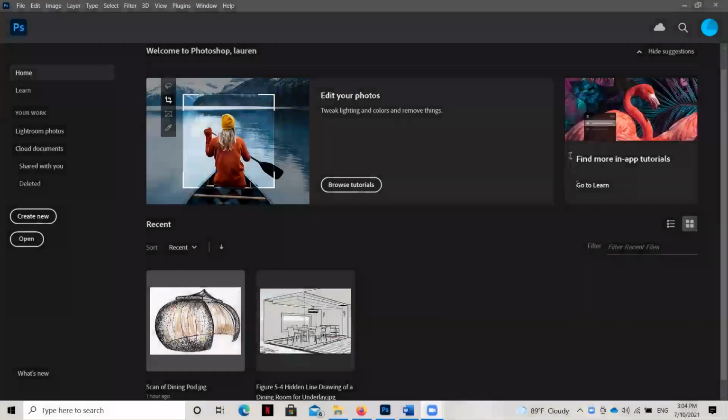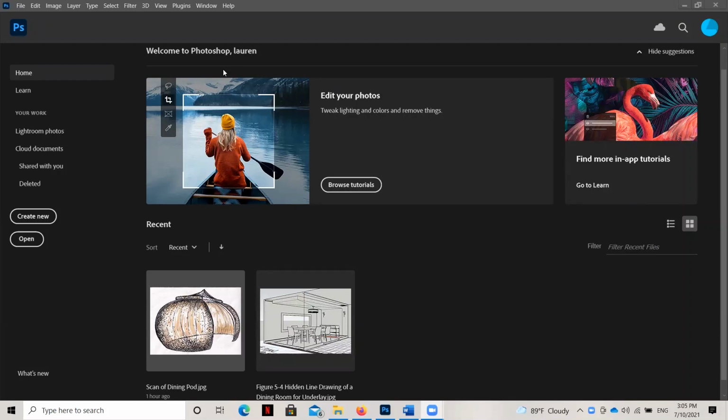In this video, I'm going to teach you how to import and modify images. We're going to begin by opening an image, and I'm going to show you how to import it within Photoshop. And then I'm going to teach you a couple of tools used to modify.